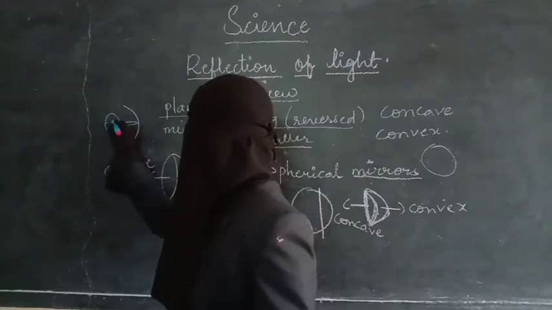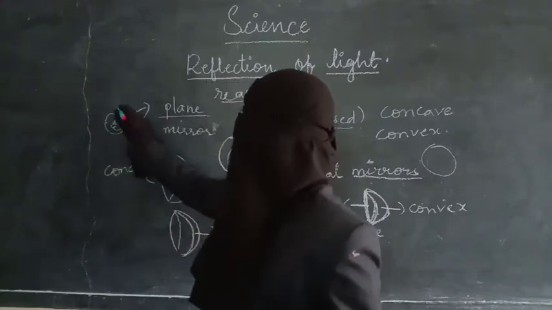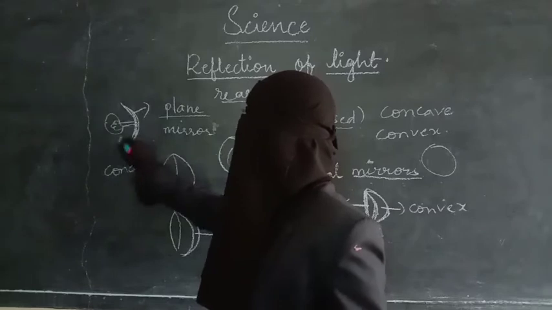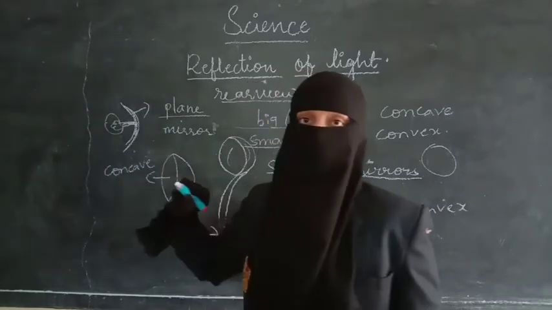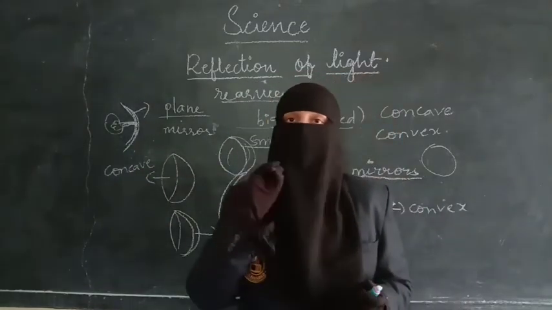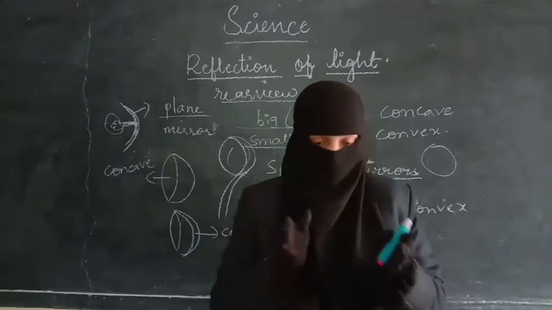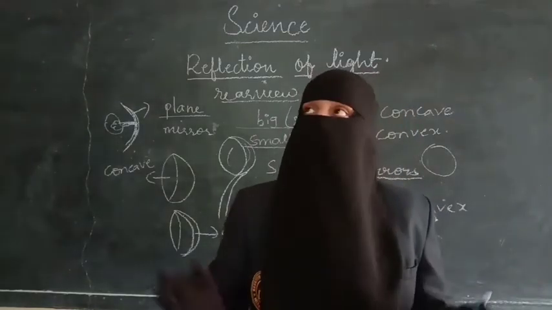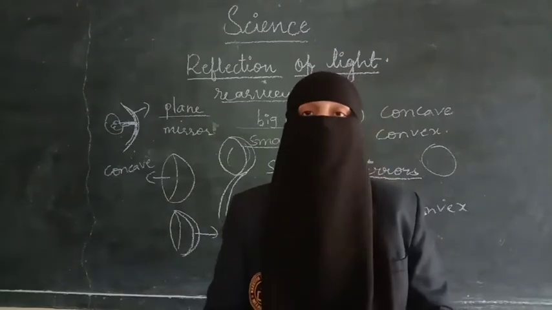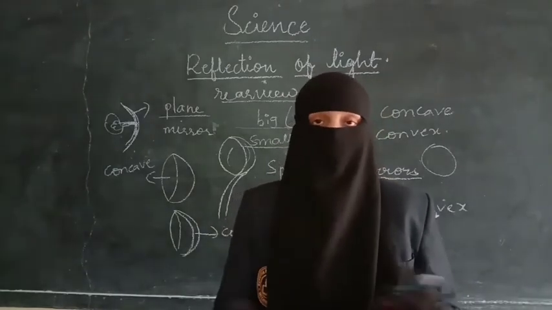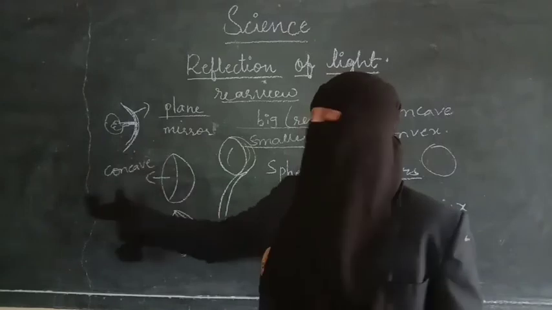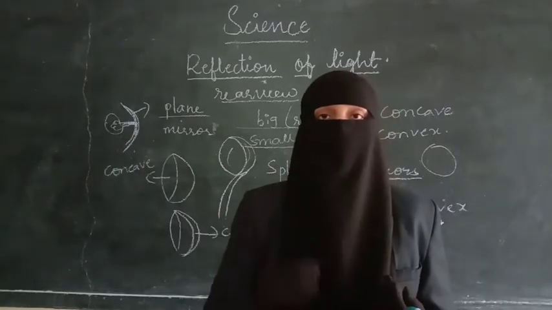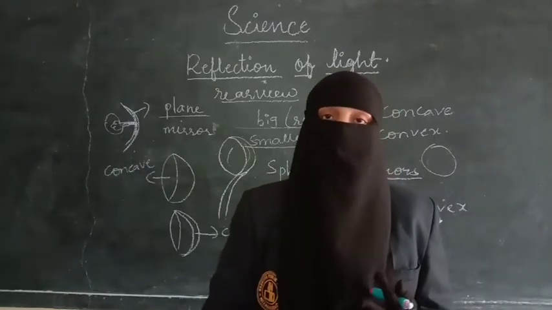See, in this way the concave mirror will be. This is the concave mirror. See, the reflecting surface is this. So it is a concave mirror. So concave mirrors are able to reflect the light outside. So what happens, even if the light is less, that reflection will be more. And in the night time, the dark time also, you can see the way as well as the things. So concave mirror is used by dentists, in street lights, headlights of vehicles, and torch lights.